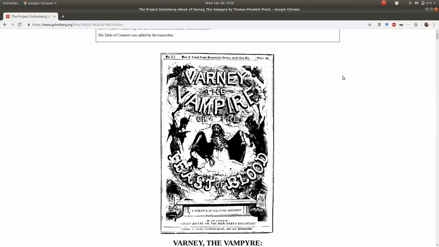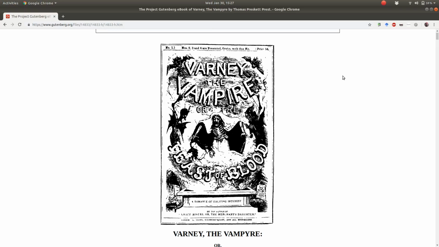So there's a book, in fact, a whole series of books about Varney the Vampire, written in the late 1800s. The thing that's wonderful about it is that these things are what's called pulp fiction, which prioritized a lot of words, a lot of length over the quality of these things. So these are long books, and